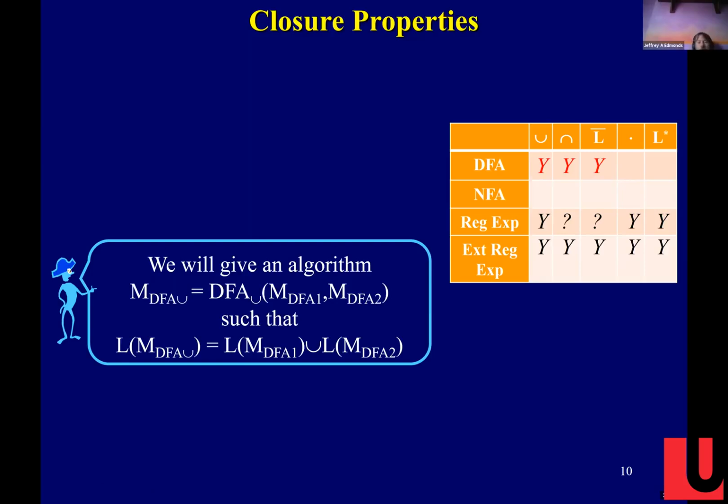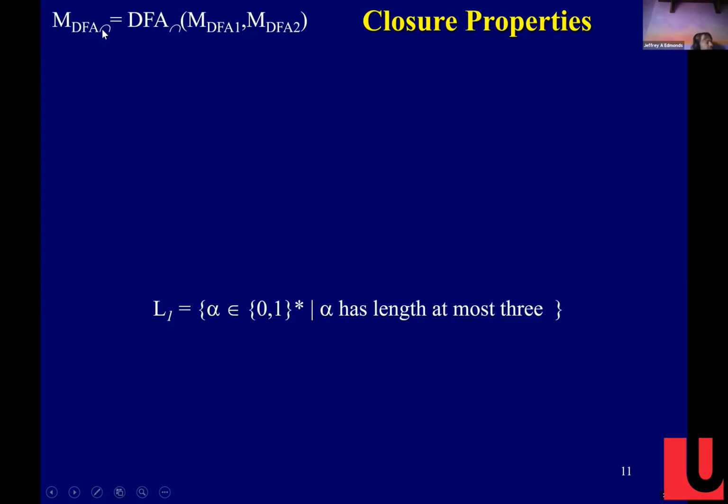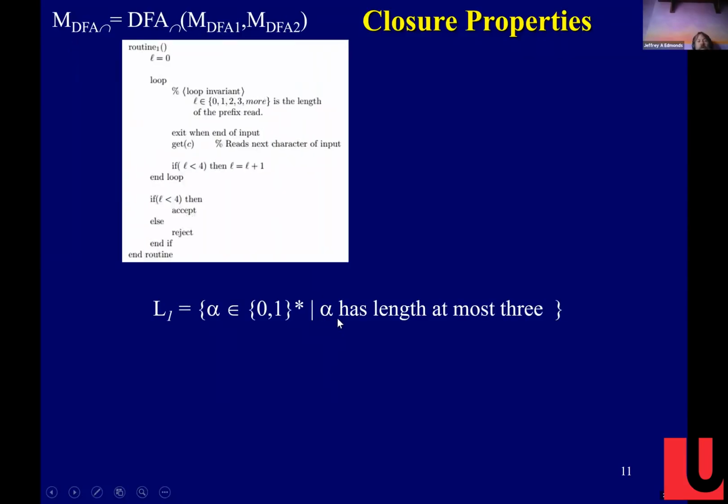Okay, so right now we're just catching the low-hanging fruit. We're doing the ones that are easy. So here is what we're doing. You give me two machines, and I want a machine that does the intersection. So let's first come up with an example. Remember this example, all strings that have at most